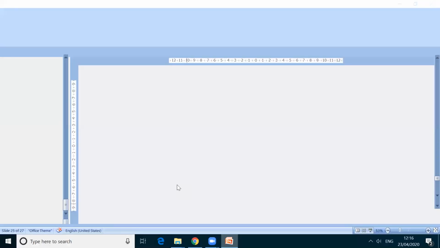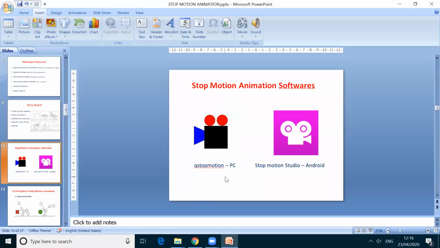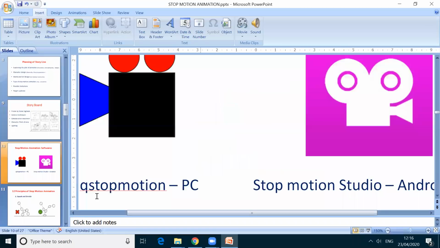The software which you have to use is Q stop motion. Yes, you can change the time of each frame. Yes, you can take as much as you like.